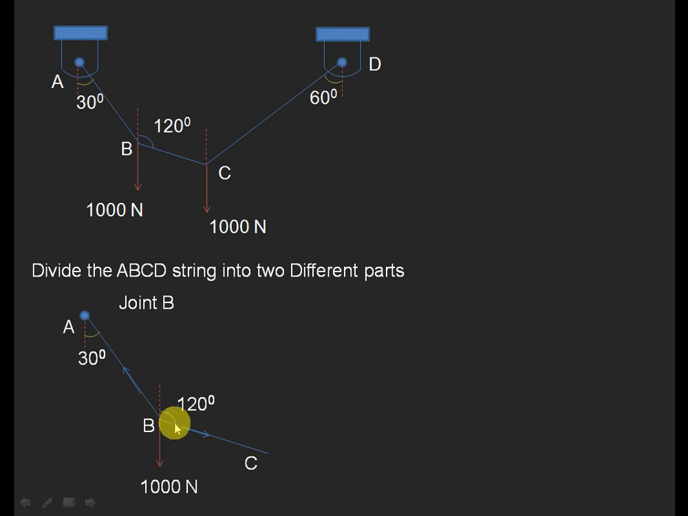According to this, we need to find the angle between the AB string and the load, similarly the BC string and the load, and again the angle between BC and AB. The string AB is making an angle of 30 degrees with the vertical line. This vertical line is parallel to the load line, the line of action of the 1000 newton load. When you observe keenly, these two lines are parallel to each other